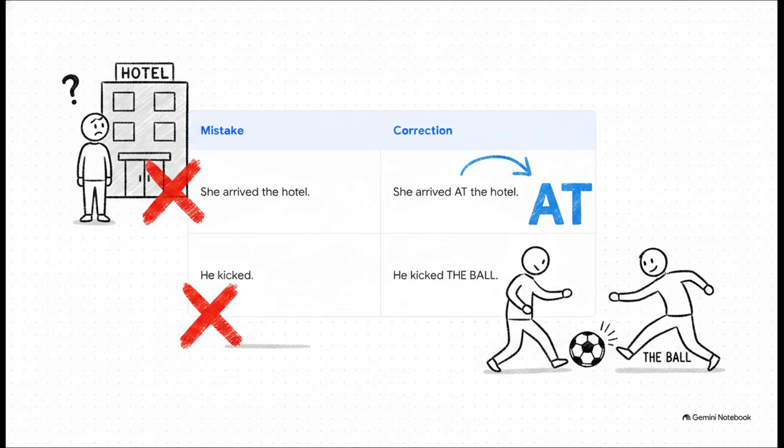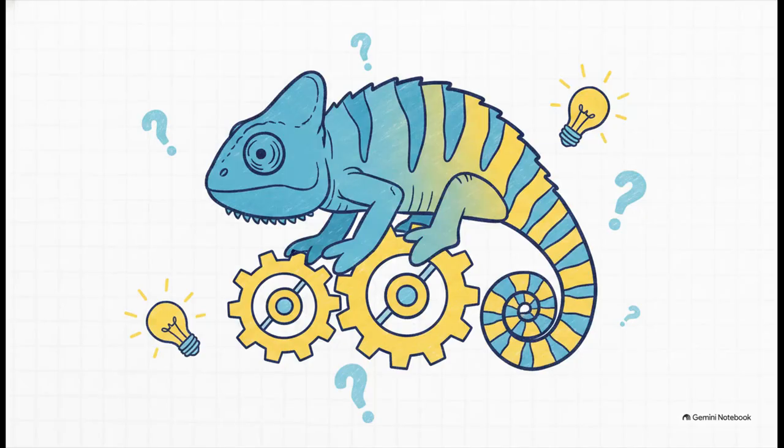Conversely, just saying "he kicked" is an error because, as we know, kick is transitive and it demands an object. He's got to kick something, like the ball. Let's keep going and see how this builds because, let's be real, grammar is rarely purely black and white. Context changes absolutely everything. You can't just memorize two static lists of verbs and call it a day, because according